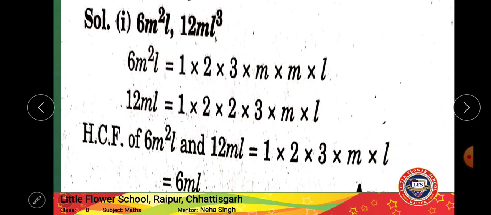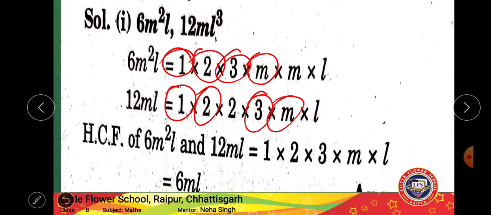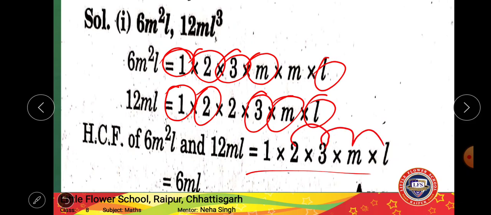Now, what we'll have to do? See, in those questions, we needed to find the factors, so we had multiplied these terms with these terms. In this, we need to find the HCF. So directly writing the individual factors, we can take out the common. See, 1 is common, 2 is common, 3 is common, m is common and L is common. So what will be the HCF? 1 into 2, 2; 2 3s are 6, 6 m and L is the HCF, right?